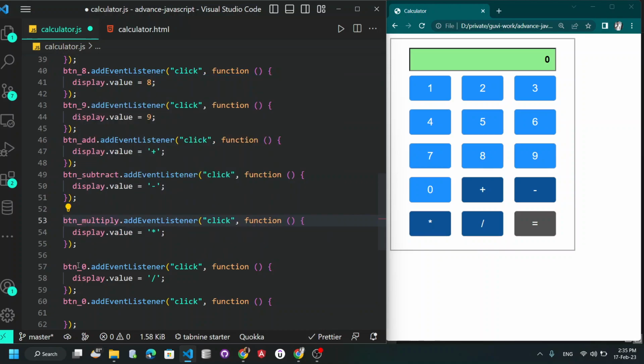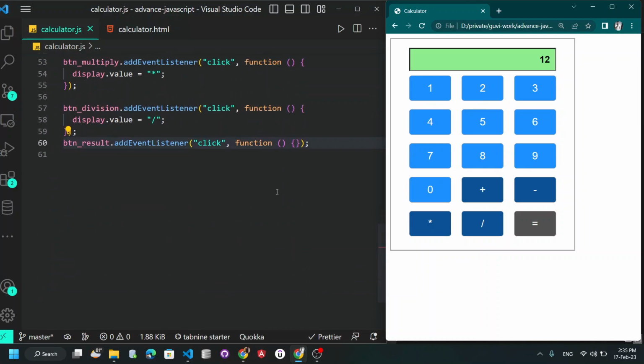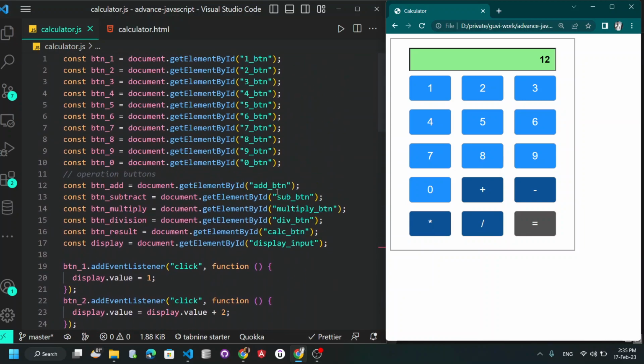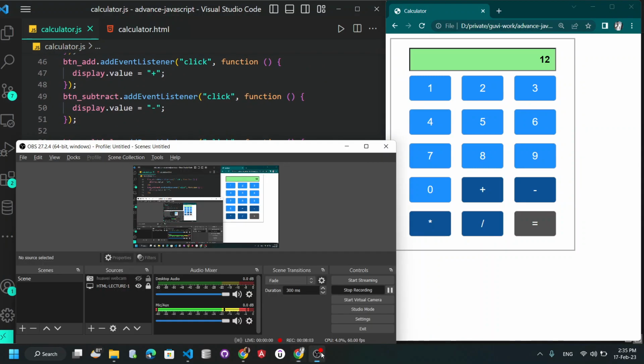So button add. Then we have the button subtract. Then we have the button multiply. Then we have the button division. And then we have the button result. Hit save, and now everything is equal. And if I now try to show you the output, plus is also there, minus is also there, multiply is also there, division is also there, and there is an equal. So this was pretty much it regarding the video where we have completed